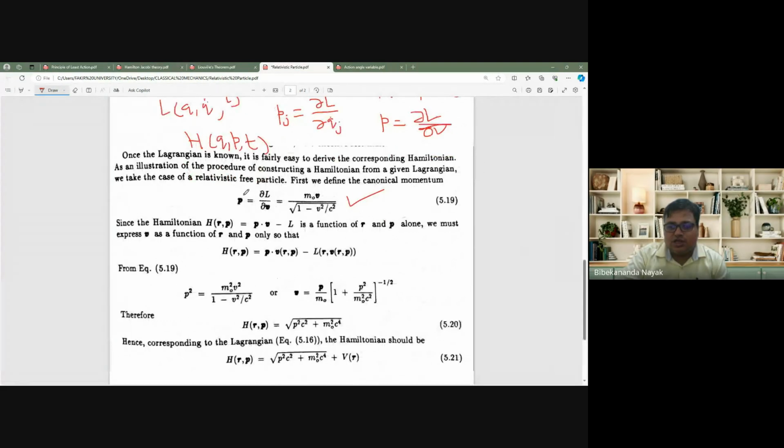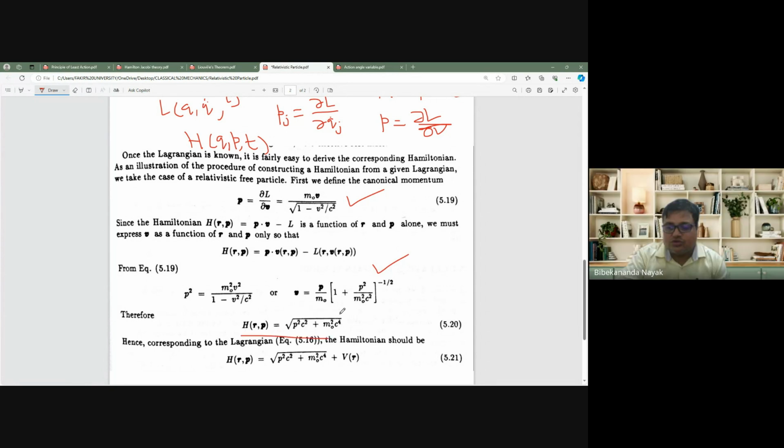So squaring both sides, we find P square is equal to m0 square V square by 1 minus V square by C square. From this, we find V is equal to P by m0, simplifying, 1 plus P square by m0 square C square to the power minus half. Putting this in place of V, where P is equal to this, V and minus L, we find